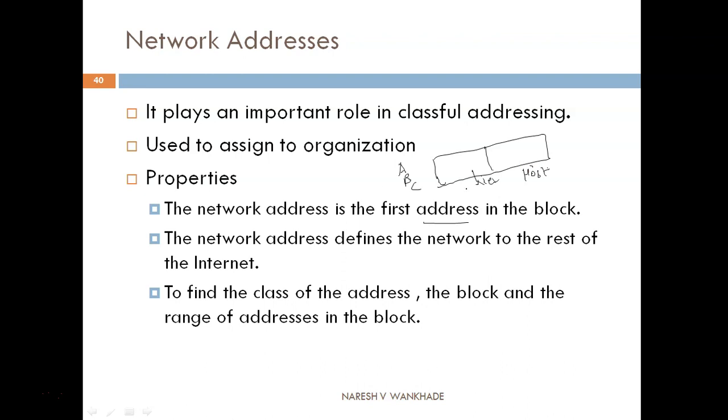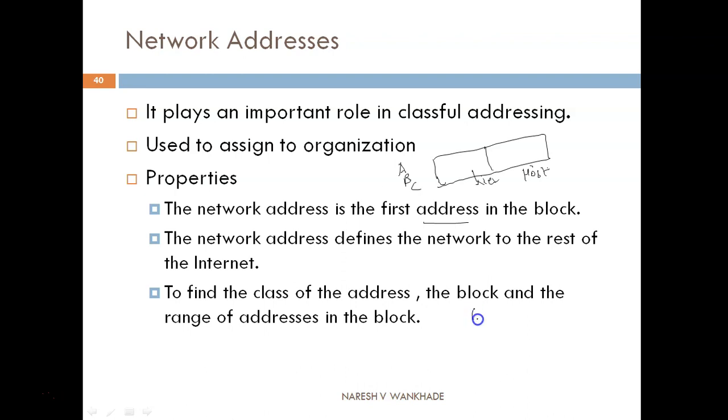This first address defines the network to the rest of the internet. Its purpose is to find the class of the address, the block, and the range of addresses in the block. Using this network address we can find the class of the address.